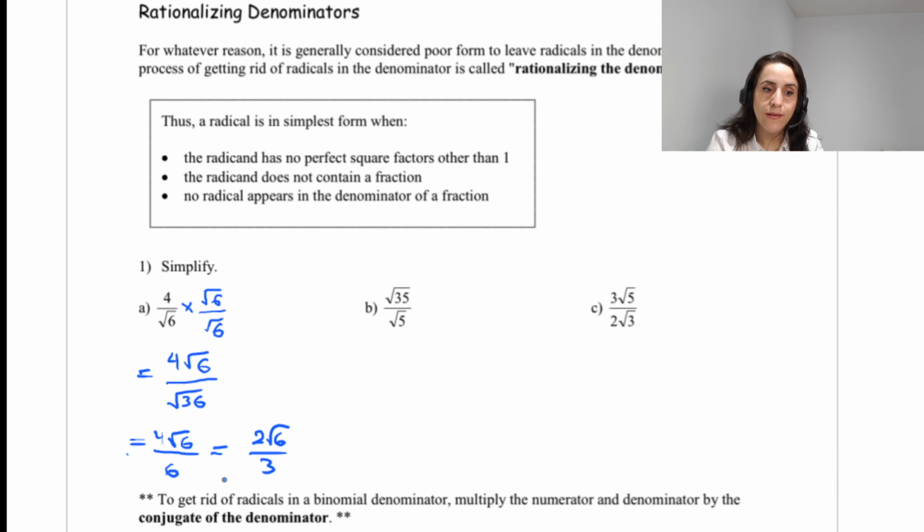2 radical 6 over 3. What do you think about the next one? For the next one, I'm sure that you are doing it at home for yourself, and I'm doing this side here. I'm gonna multiply by radical 5 over radical 5. It's gonna be